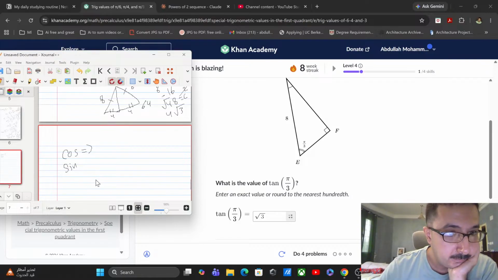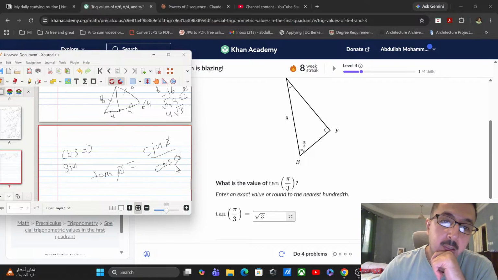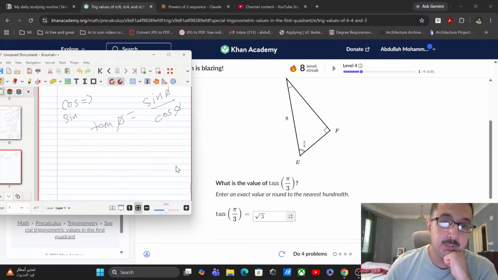Because what did we say? Tan theta is equal to what? Sine theta over cosine theta, which is